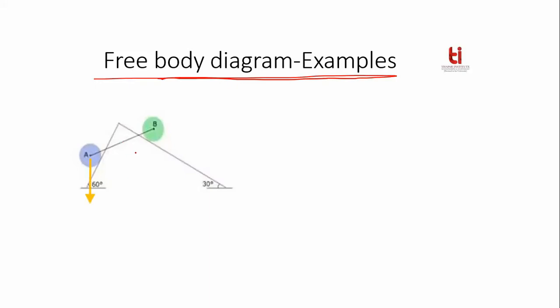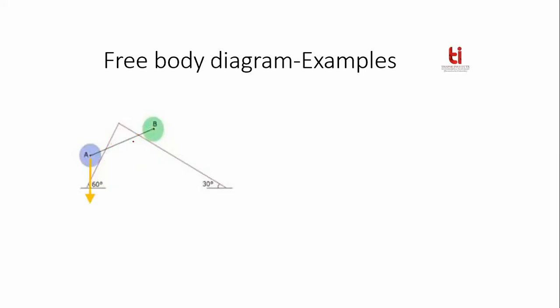Suppose this problem is given to you, and in this problem there are two slant edges, and on the two slant edges, two balls or two circular solids are placed, and they are stabilized with the help of, suppose, one cord, one rope. This is the system, and you want to determine the tension and the normal reaction. This is a complex system. You can simplify it using a free body diagram. So let's apply the free body diagram.